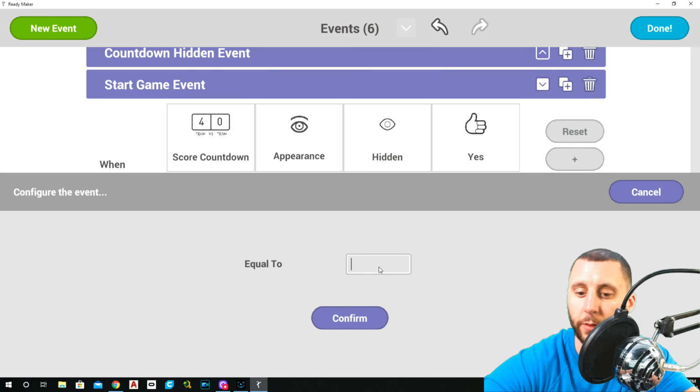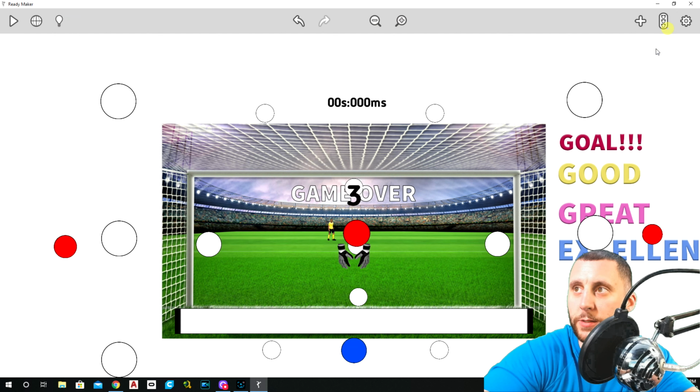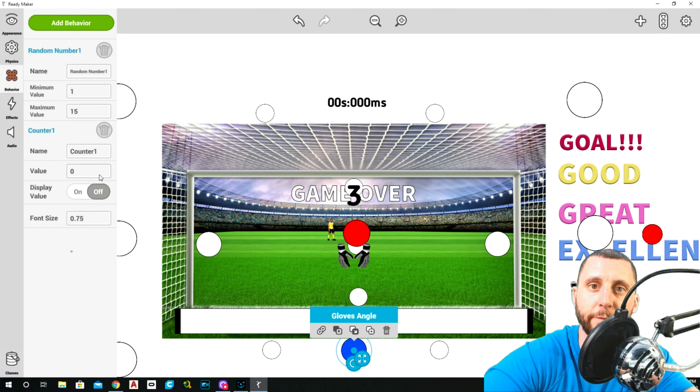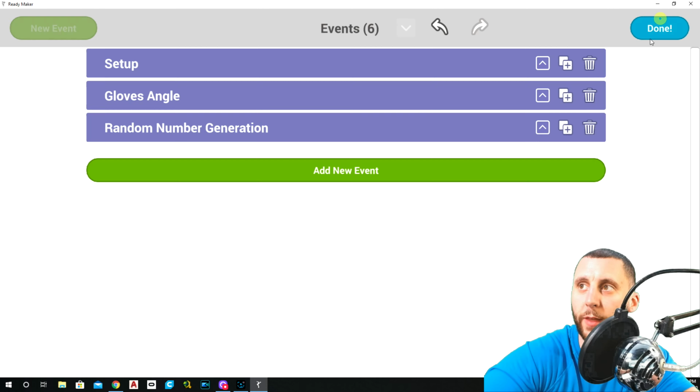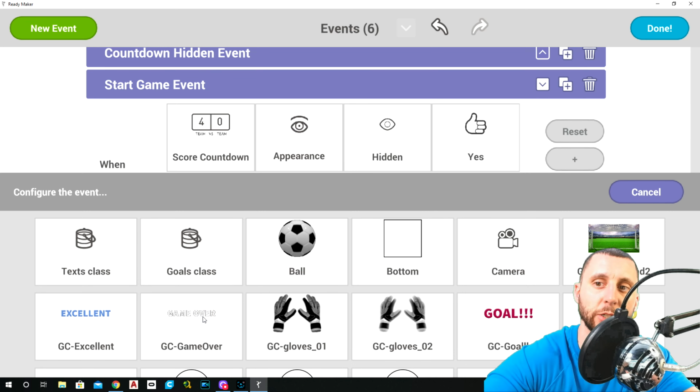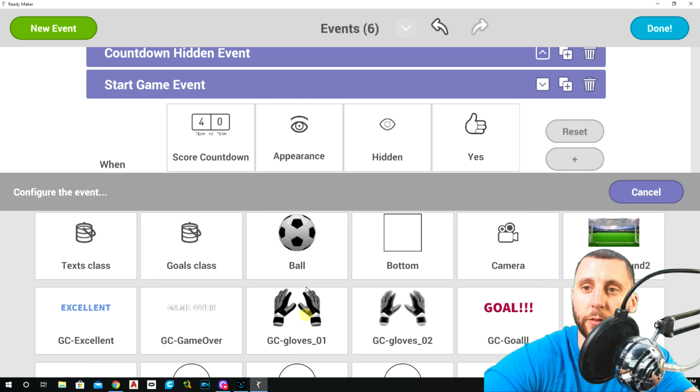Okay, now let me explain this. Let's hit done for a second. On gloves angle, we're also using that for the different positions of the gloves and using a counter on there, okay? So you can see on that counter that the value is set to 0. So when this game starts, it's already 0. What that means in the event here is, when this is hidden and this counter is set to 0, which it already is, meaning nothing has to change, it's already good to go, then the timer,